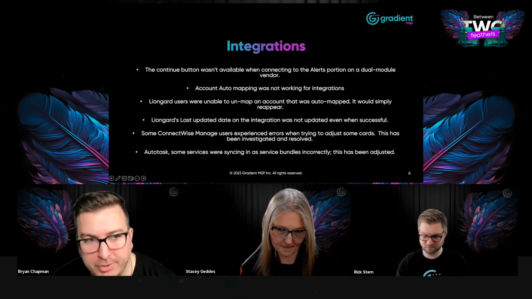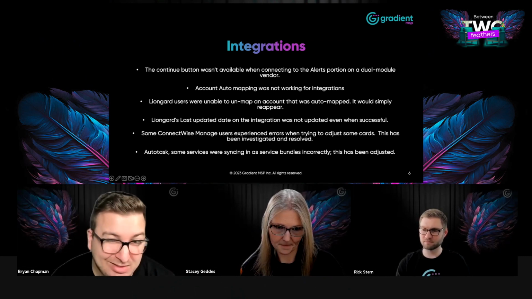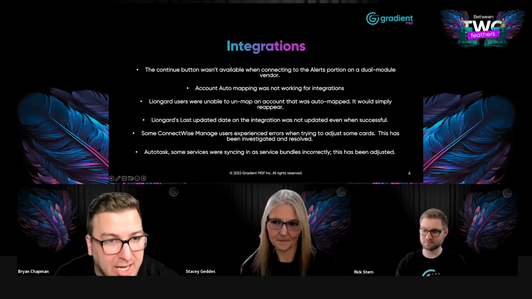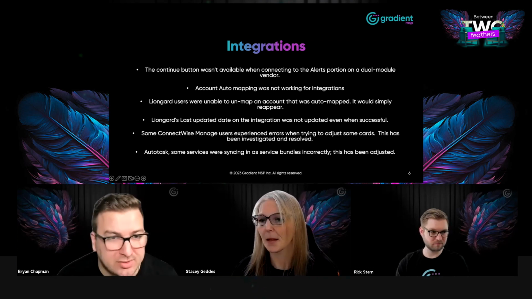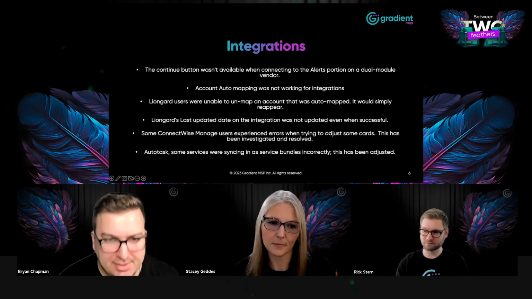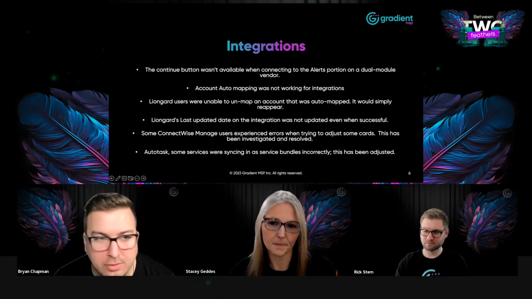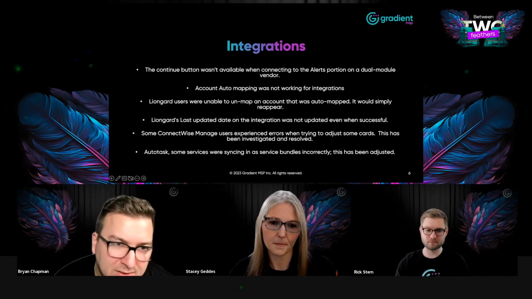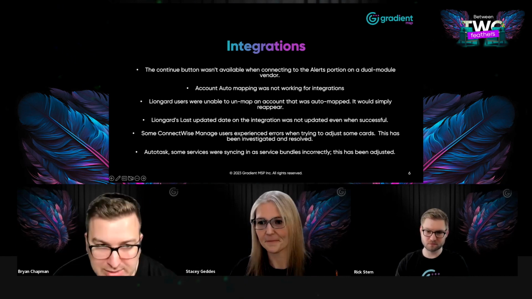This is where, if you're a LionGuard partner right now, you are probably using them in the first place because it connects with most, if not your entire tech stack. So what we're doing is essentially taking those system inspectors, those integrations, creating custom metrics, querying the raw data that's extracted from those inspectors across all your environments, across all your managed systems, and then seamlessly synchronizing that into synthesized billing